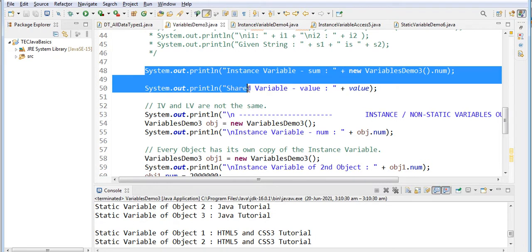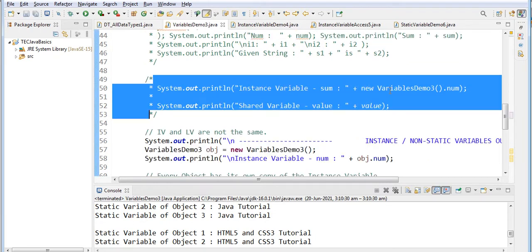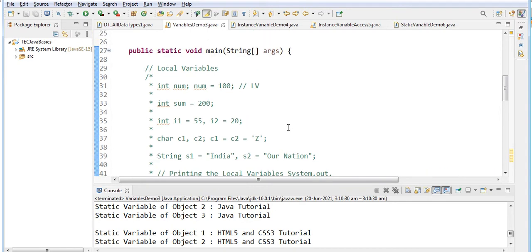Next one, this one we will comment out. I told you instance variables and local variables are not the same. We will see what that is. Here I have an int, this is the local variable, isn't it?